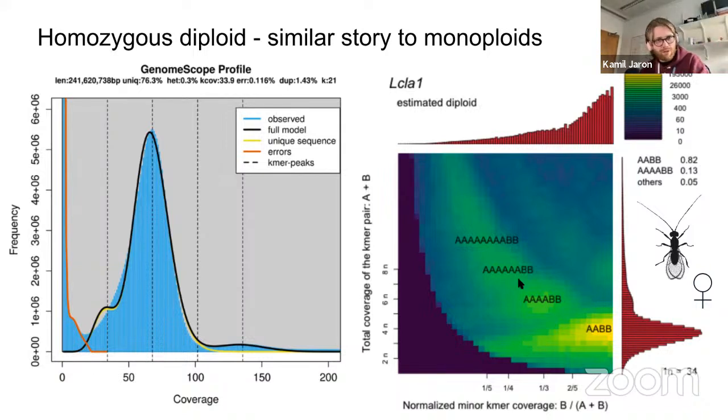And just for the record, it's nearly impossible to get this inference right. You cannot simply assume that Smudgeplot will label these peaks right if there's no signal that you could possibly use. Fundamentally, if there's no heterozygosity, there's absolutely nothing you can anchor your 1n coverage on. So what you have to do is look at GenomeScope and compare it with the Smudgeplot and see that the estimate of 1n coverage actually matches. 33.9, 34, close enough. That's good.